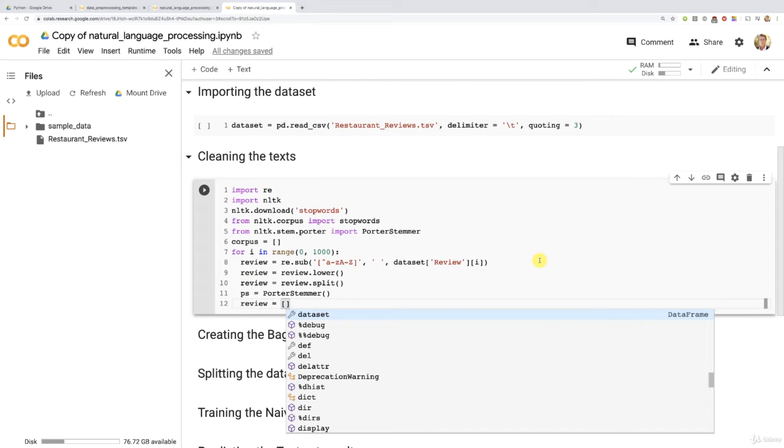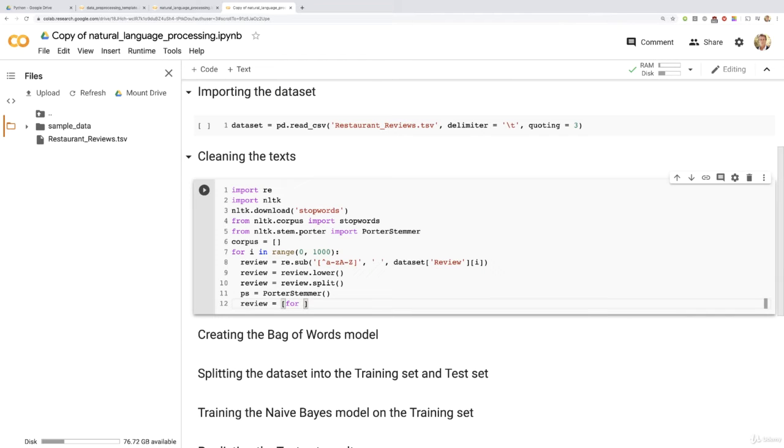So let's actually start with this for loop. We're going to start with for, which will iterate through all the words, so word is just an iterative variable that will be equal to the different words of the review. So for word in review, right? Because review is now a list of different words, so it will iterate through all the different words of this